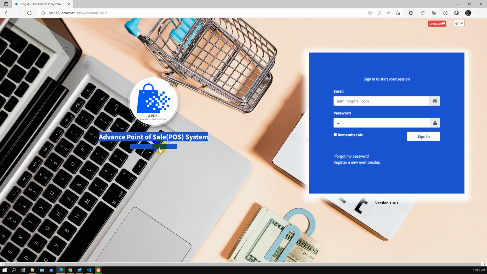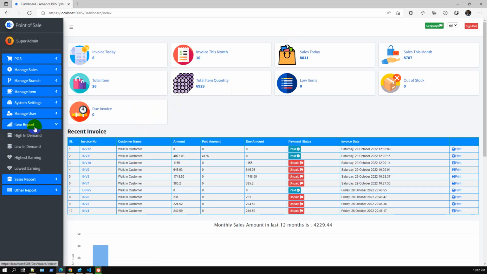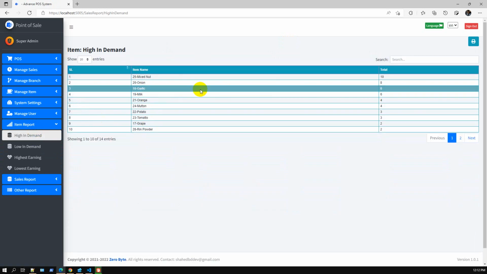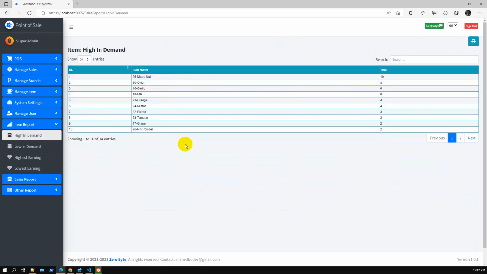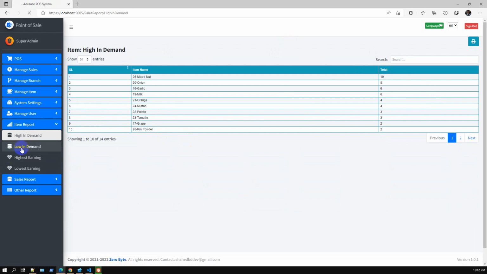So specific users can only access specific pages based on the admin configuration. If we log in as an admin user again, we can see all the pages. In the reporting section, we have added an item report. You can see high in demand. These are some test 10 items high in demand, and also low in demand items,